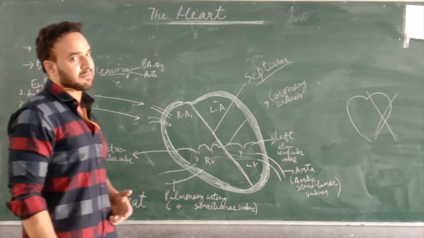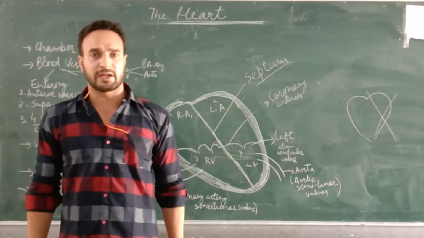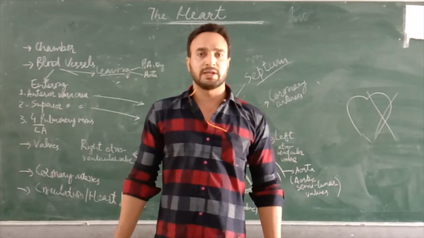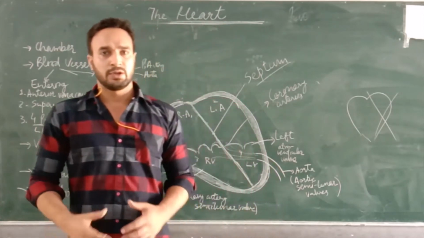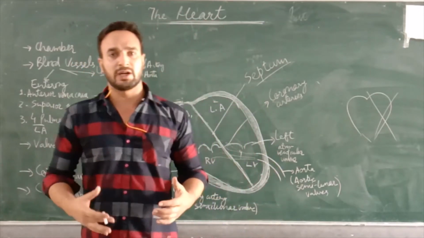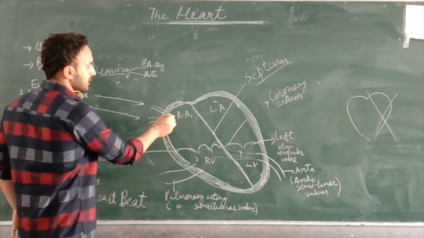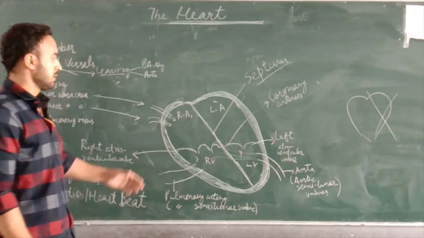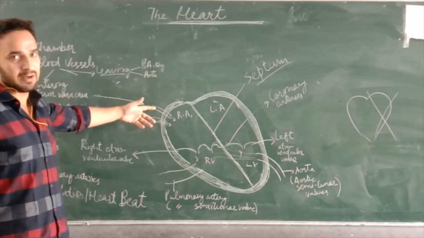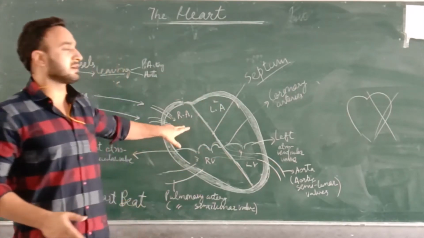Similarly, we have the inferior vena cava, which is collecting blood from the lower body parts, that is legs, your core, intestines, right? So the inferior vena cava is collecting blood from the lower body parts and releasing the blood into the right auricle. So the right auricle is connected to the vena cava. The vena cava are bringing blood from the body to the right auricle.